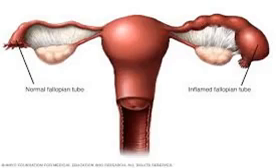Pelvic inflammatory disease (PID) is an infection of the female reproductive organs, including the uterus, fallopian tubes, and ovaries. PID is commonly caused by sexually transmitted infections (STIs) like chlamydia and gonorrhea, but it can also result from other non-STD bacteria that spread from the vagina or cervix to the reproductive organs. Prompt treatment of PID is essential, as it can lead to severe complications, including infertility, chronic pelvic pain, and ectopic